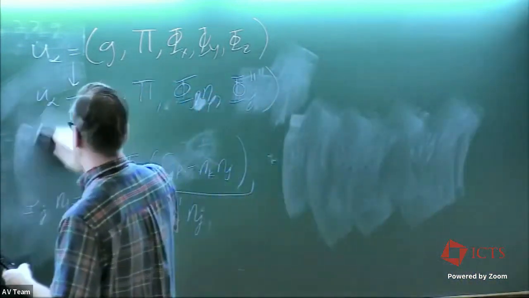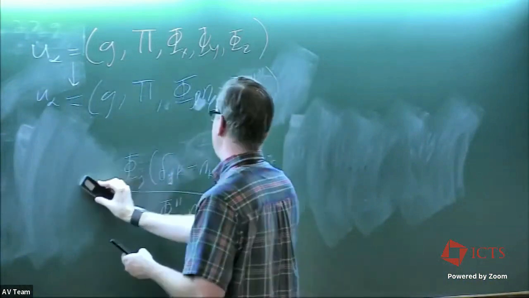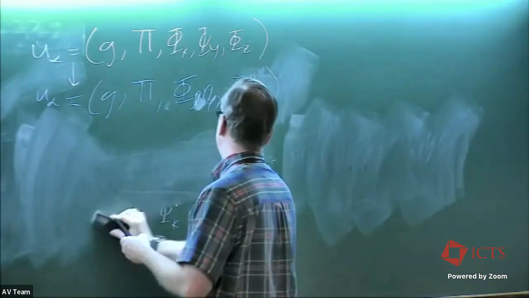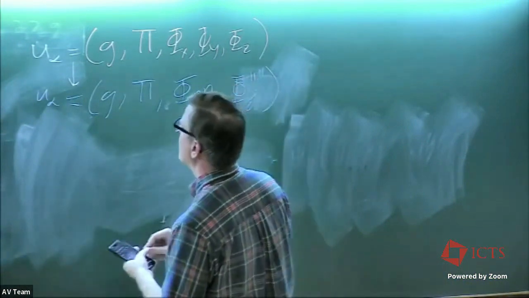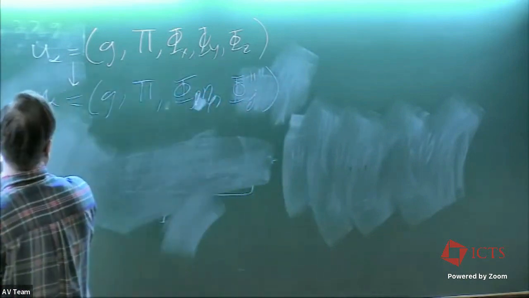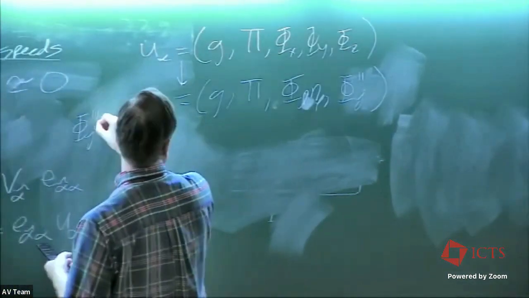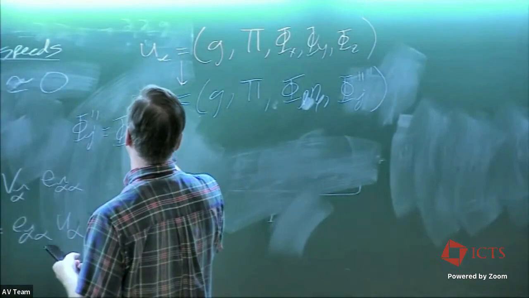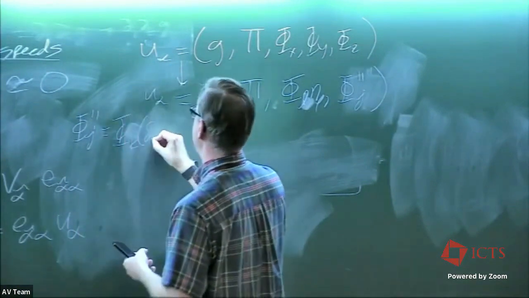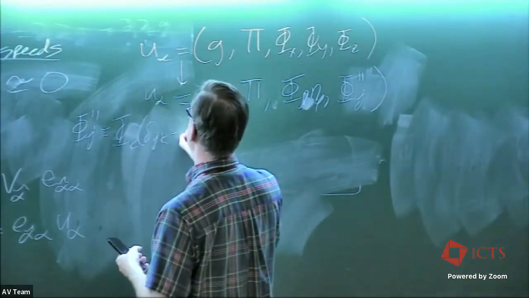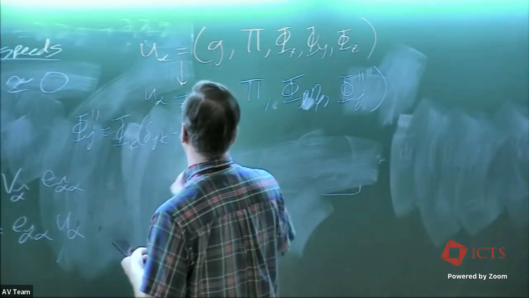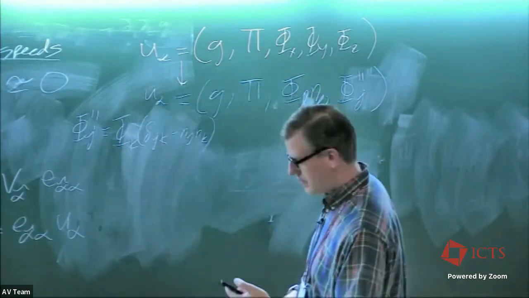And I don't think we need this anymore either, but we'll just write phi j parallel equals phi k times delta jk minus nj nk. Now, what we have to do